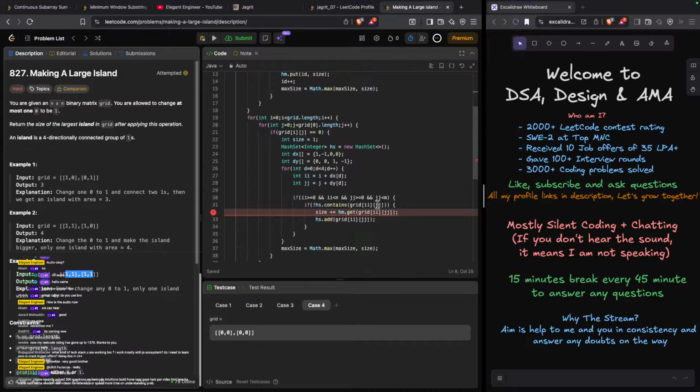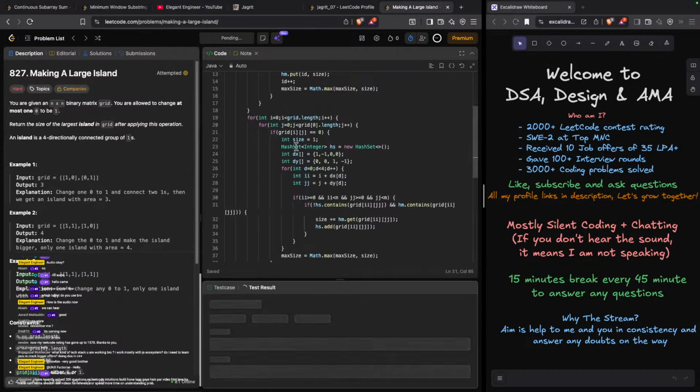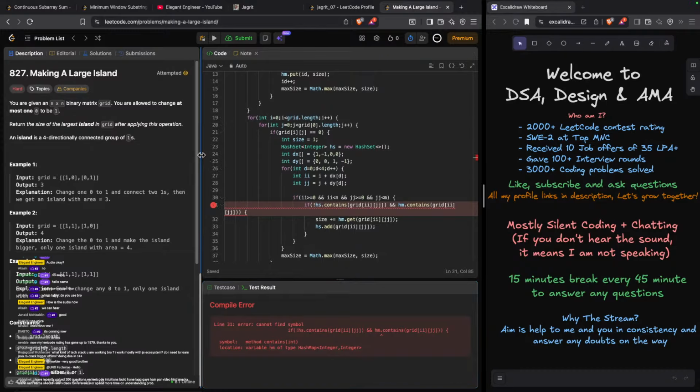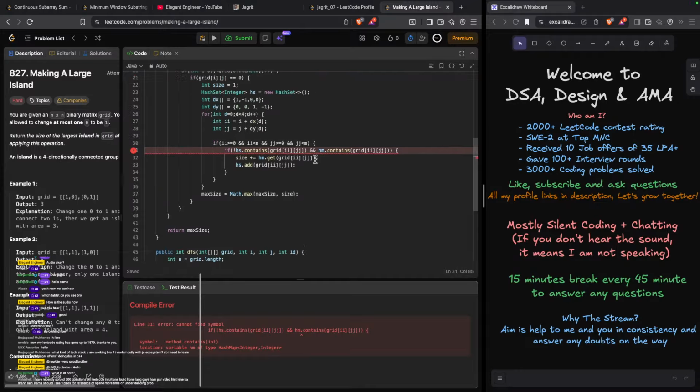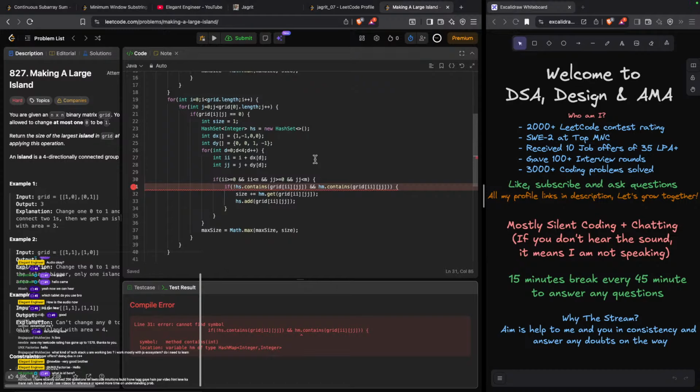Should be one also, right? This is not, this is another zero, right? Yeah, that is the case. Contains key.